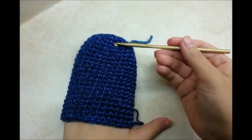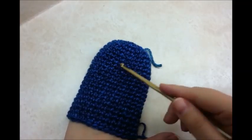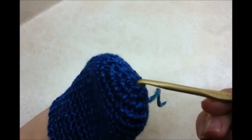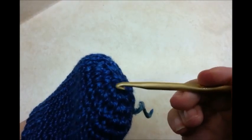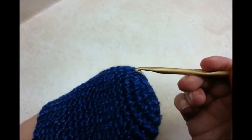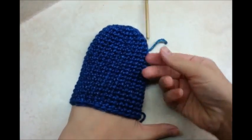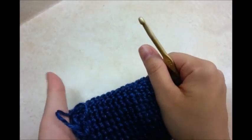Okay, I've done 20 rounds of single crochet. 20 rounds of the one single crochet in every stitch, or 23 rounds total starting at the beginning, because we did the 6 and then we did 2 in each stitch, 2 in each stitch, and then I did 20 more. You can adjust yours, but you want it to come to about right here, so we can make now